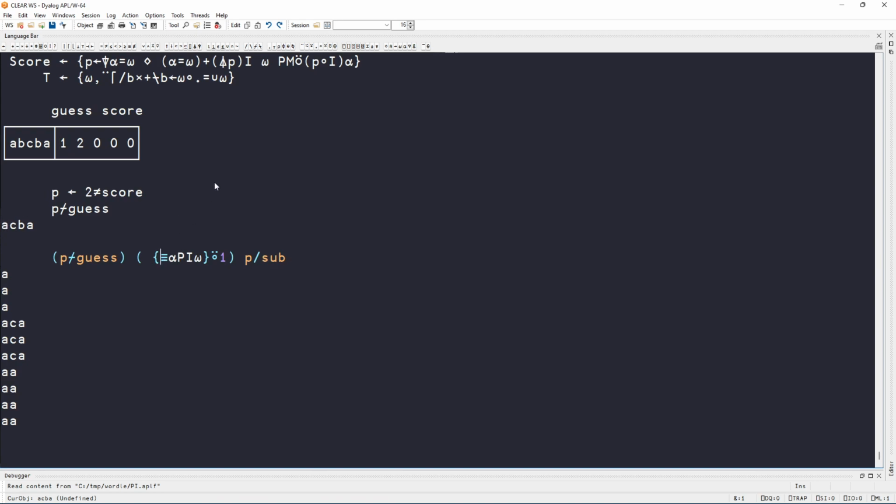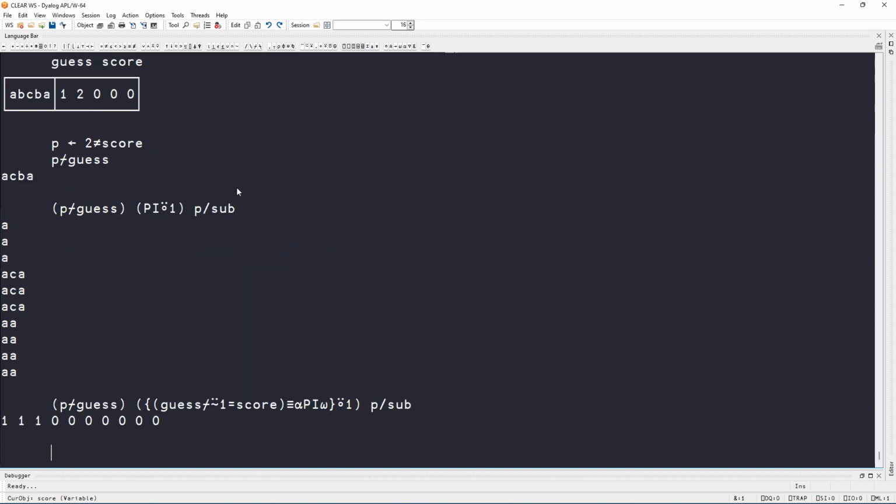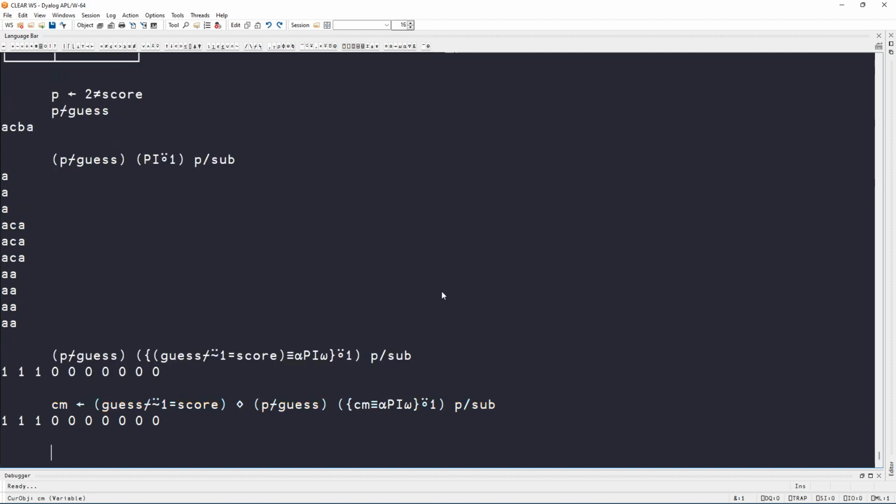So what we need to do is take the guess here, and we compress it by the characters that were scored with a 1. And when we do that, we see that the first 3 elements got the correct intersections, and the other ones didn't. Now this thing here doesn't depend on the arguments, so this can be pre-computed. So we can call it, say, CM for the correct match, and then we can check if the correct match